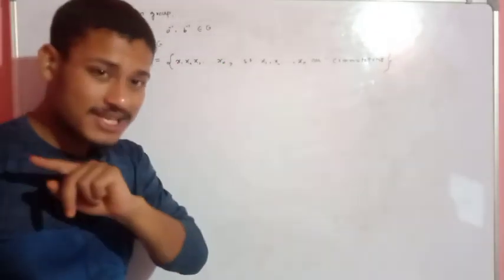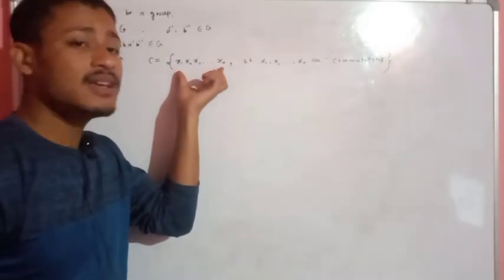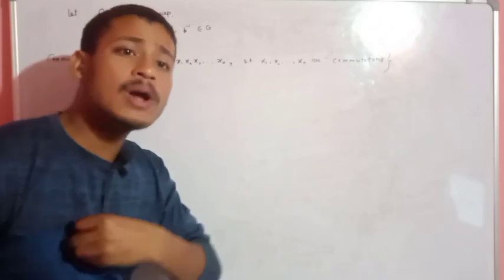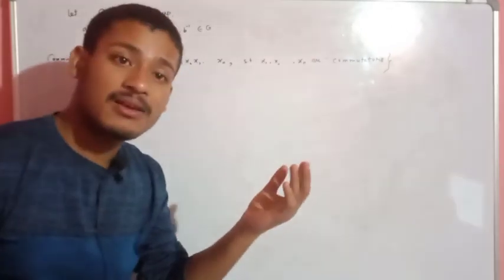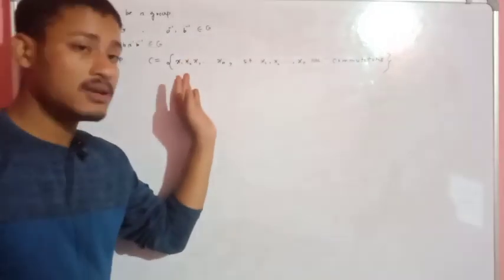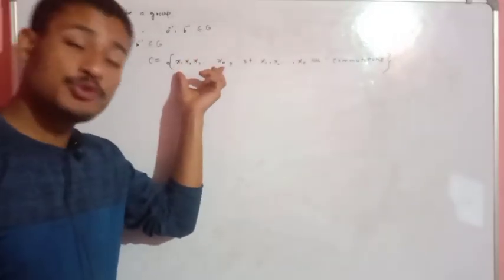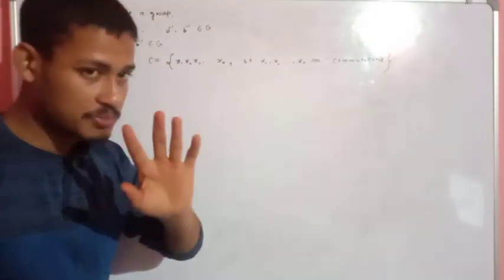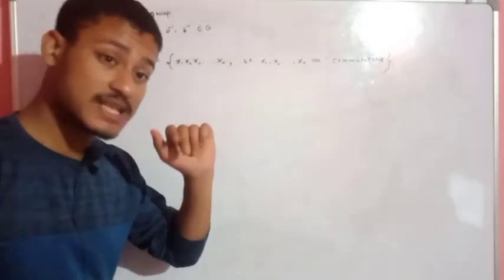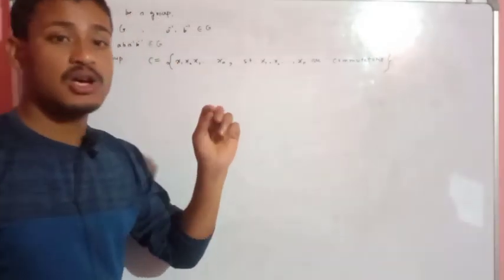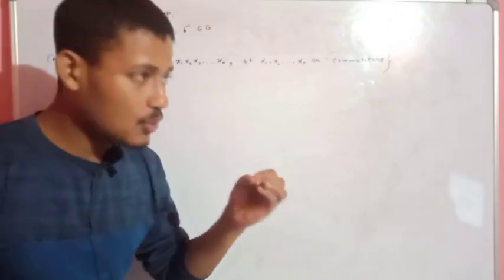Now understand this: this element can generate all the commutators in the group G. This notation is used in this set. I will not call it a group for now; I will call it a set. This notation is used in this set